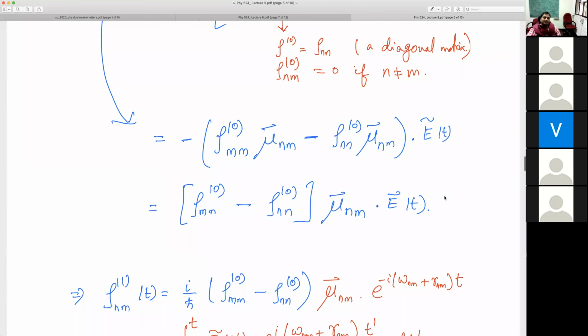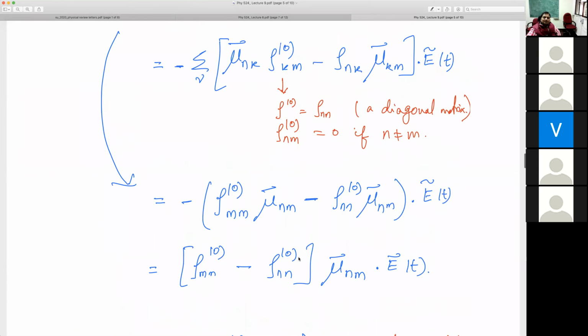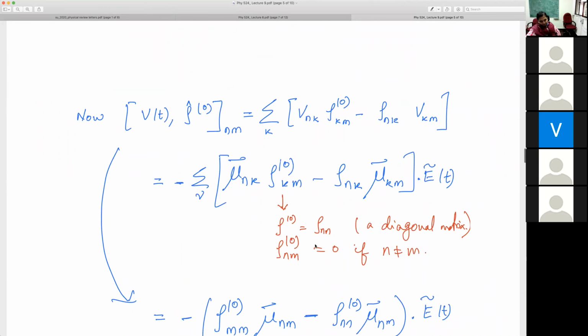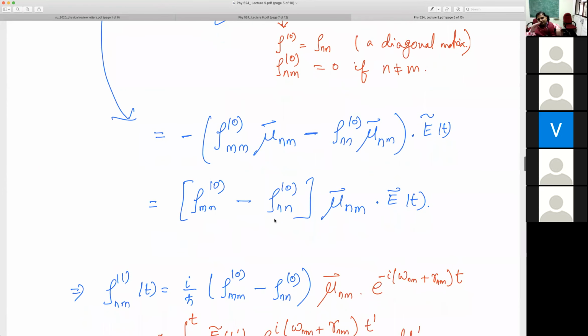So you already see that the light matter interaction has this population difference. This quantity I'll call the population difference. This was the ground state, this was the excited state. So how many more electrons are there in the ground state than in the excited state. This is called population difference. And the light matter interaction cares quite a bit about this quantum statistics, how many particles are here, how many particles are there, and so on. So that has already become built into the system.